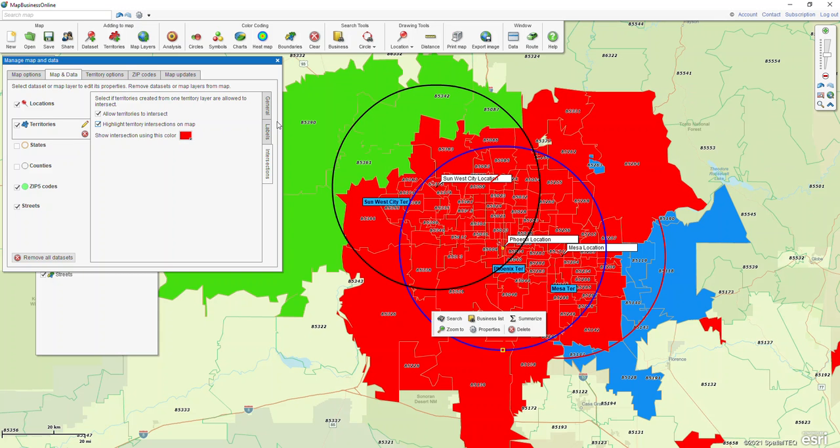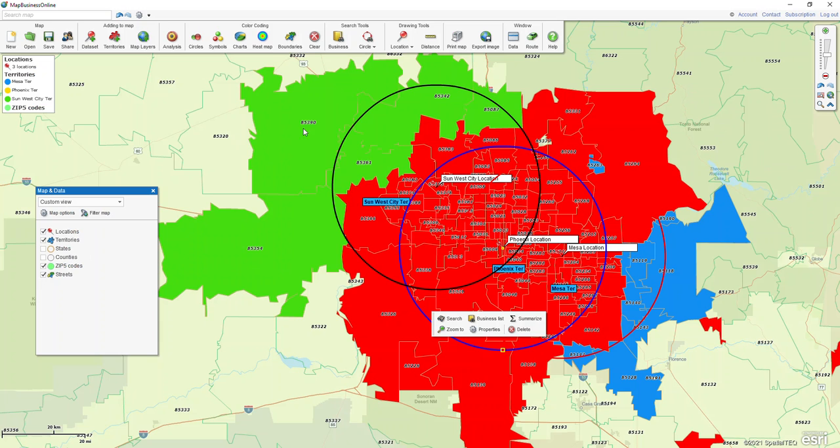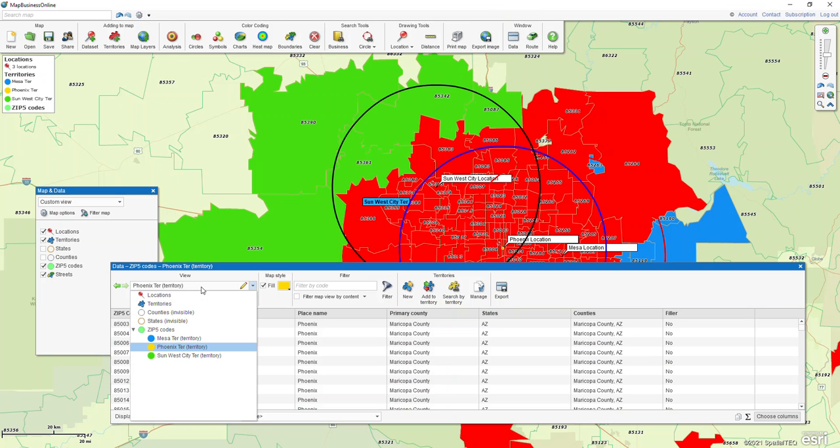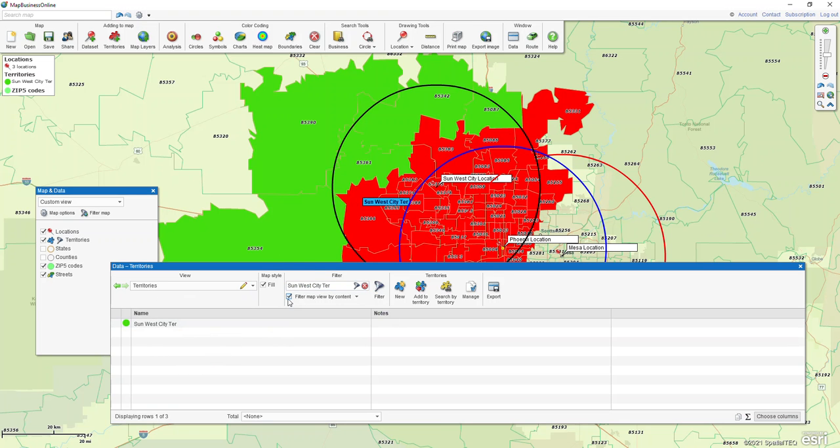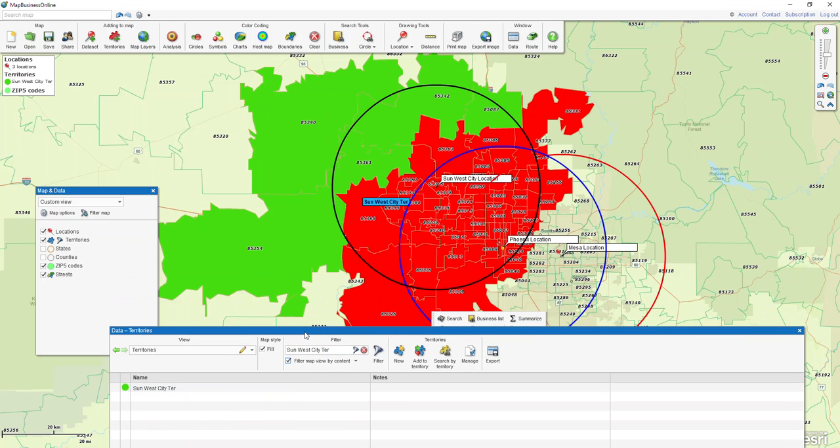It's up to you. If you ever wanted to show just one territory at a time, we could go up to the data window, and we could go from the pull-down list. We can choose territories, and we can type in a name. So I could just do Sunwest City territory and click enter on my keyboard. All the other ones go away in the data window, and then when I click this filter button, then I'm just left with what's in that Sunwest City territory. So that's a way that you can